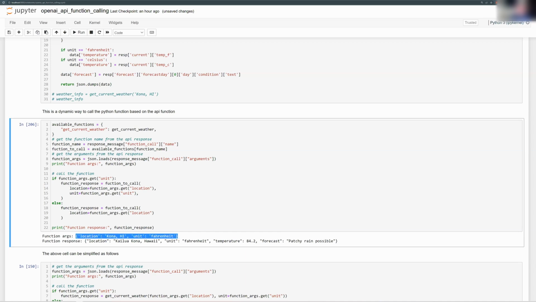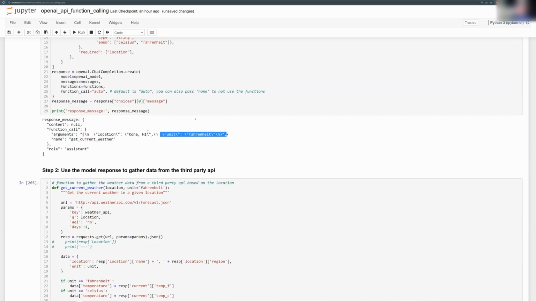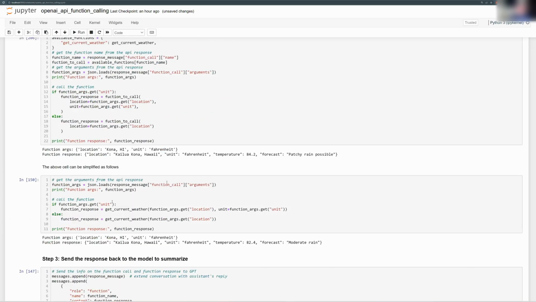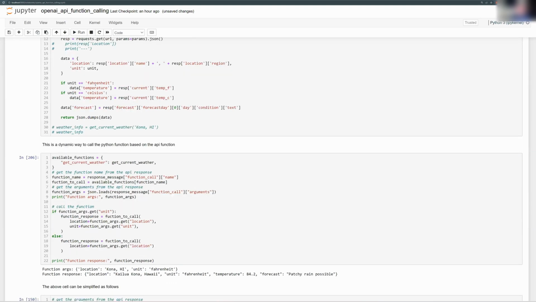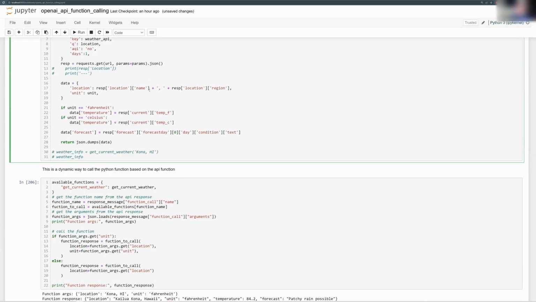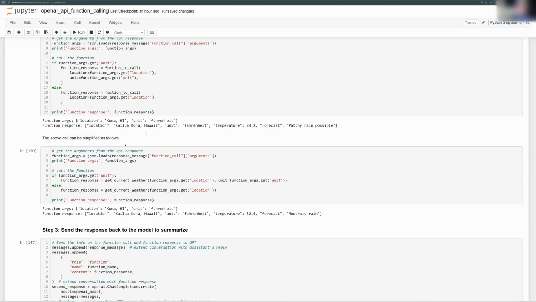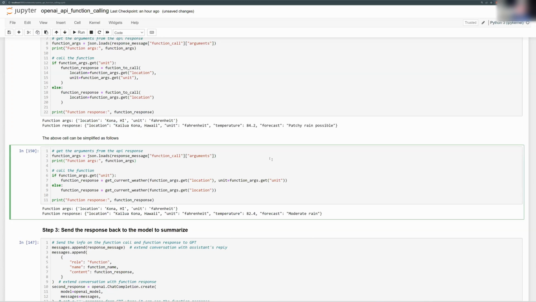these were the arguments that we got from the previous call. We passed these arguments to the get current weather function. It connected to the API, and we got the information back, a lot more detailed, right? So basically, this is the temperature at this current moment in time. And then you can take this one and